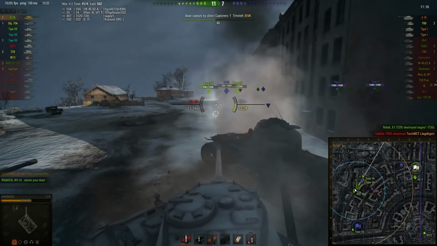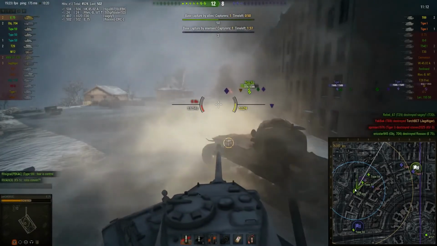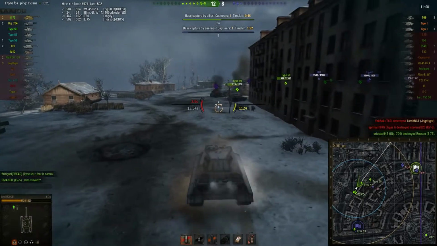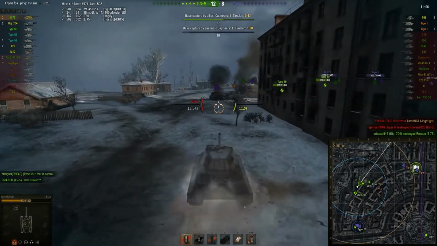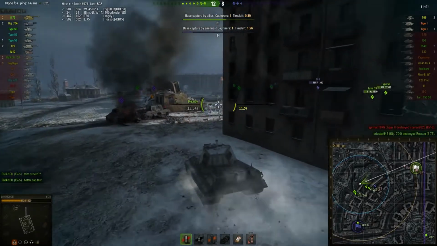Gets a great shot on the E-75 there through his side armor. Looks like the Allied Type 59 is going for a base capture now, along with the enemy tanks, a couple of Tiger 1s and that T-69. So the Allies are going to fall back and try and take those guys out, but it looks like this one